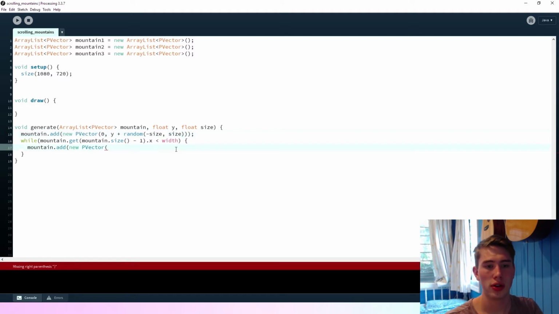Okay, so that'll be the first point, and then all the subsequent points will be generated pretty much the same, but instead of having 0 as the x, we'll say mountain dot get mountain dot size -1. So again, we're getting the last thing in the array. So we get that dot x plus size. So we'll be stepping over. Actually, we could make this